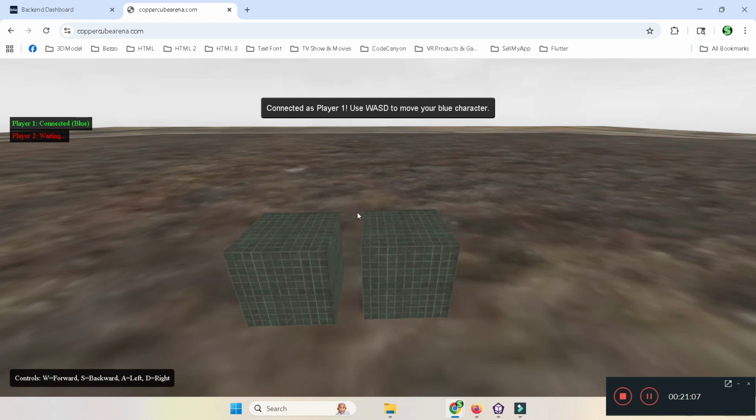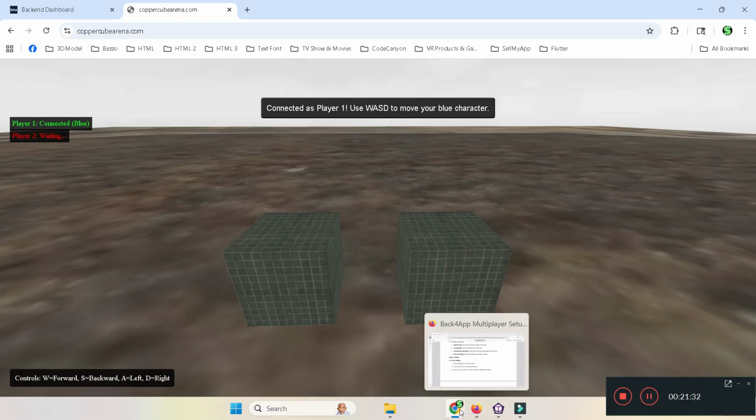You see it's moving left, right, down, up, left, right, down, up. You're going to see it's moving, right? Now you see on the left side it says connected blue. Player one, connected as player one, use WSD movement for blue. And you see the movement here. Okay? And then next, you go to